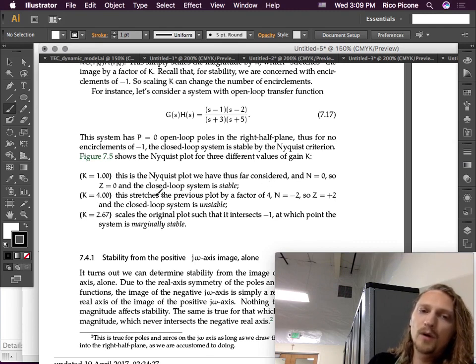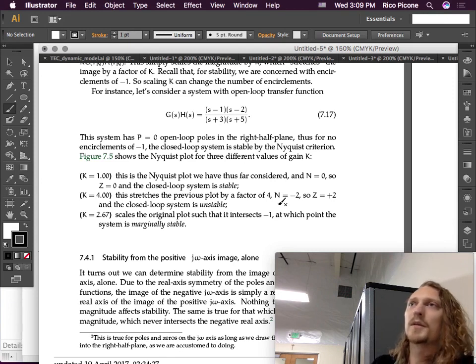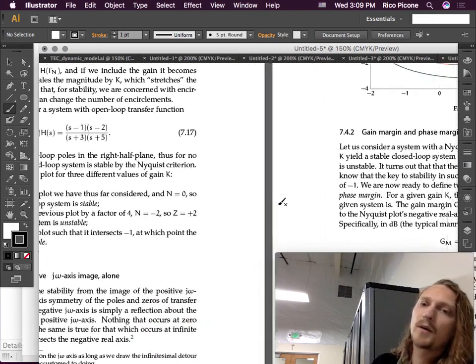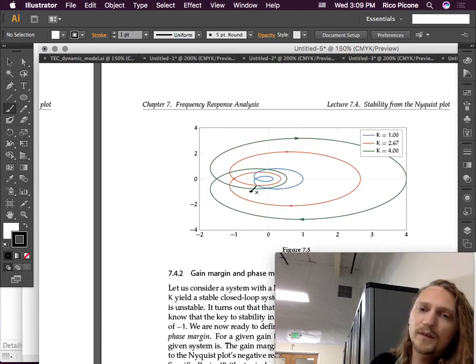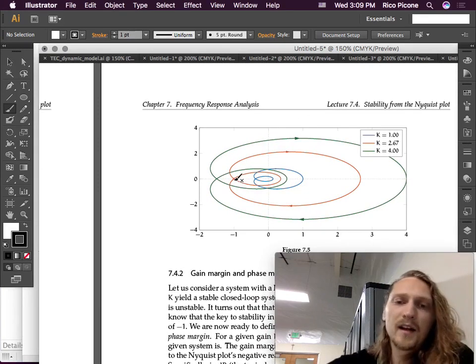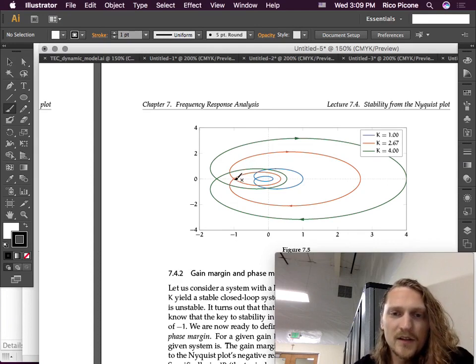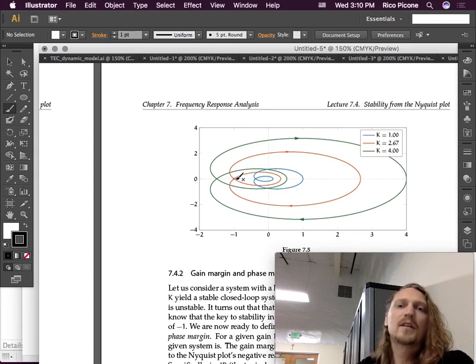If k equals 4, the system stretches the previous plot by a factor of 4. There are -2 counterclockwise encirclements of -1, which is to say that there are 2 clockwise encirclements of -1. So if you come here and you look at, what I always do is I start at -1 and I draw a ray out. In any direction is pretty valid, but you want to be able to make sure that